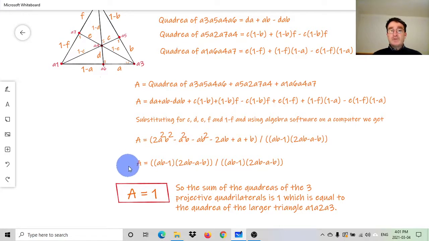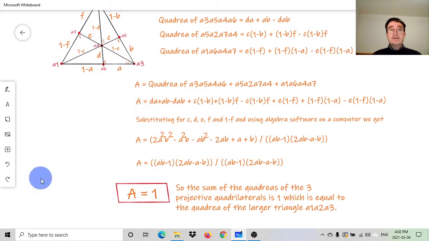And when we factor it, we get A is equal to AB minus 1 times 2AB minus A minus B, all divided by AB minus 1 times 2AB minus A minus B. So the numerator and the denominator in this expression are equal. That means that the quadria of the sum of the three projective quadrilaterals is equal to 1,